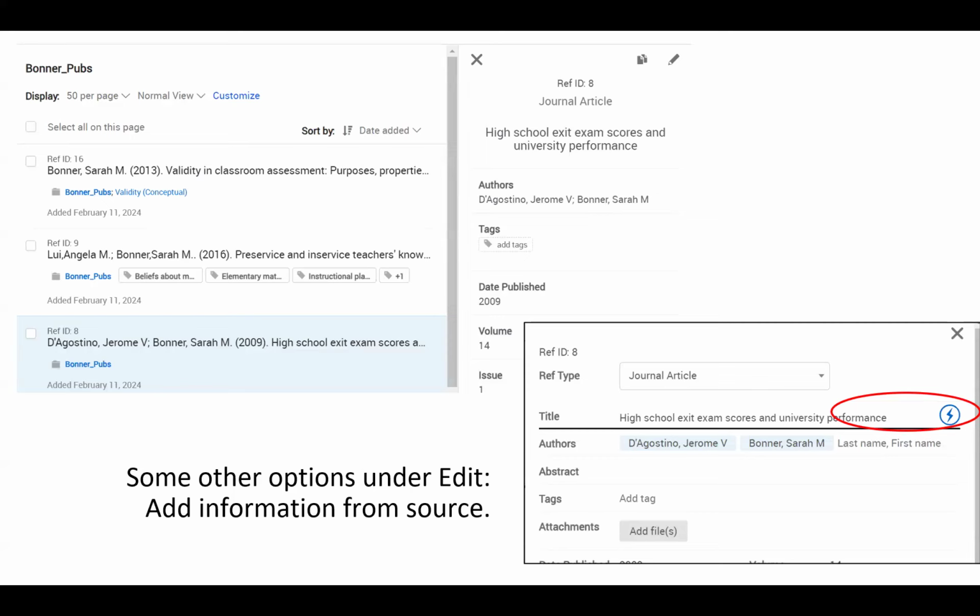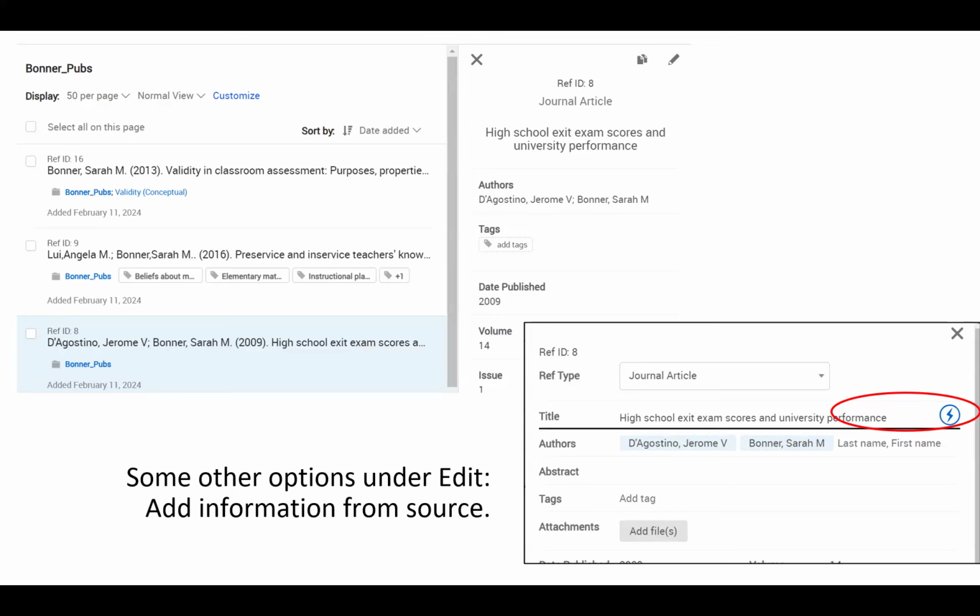There's some other options in RefWorks. So like if I highlight this paper D'Agostino and then go over to edit up in the upper right where there's that pencil, that will open up this screen that starts with the journal article, which you saw before. And there's this odd little lightning bolt. So what does that lightning bolt mean? It means that if you click on it, it will retrieve other information. And I don't actually have, I think